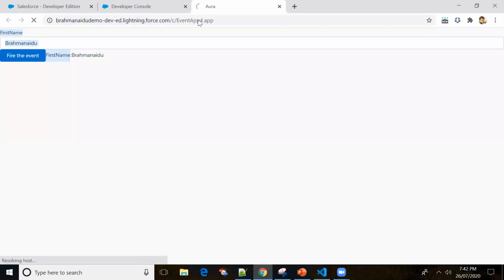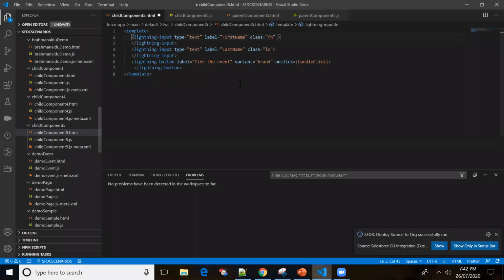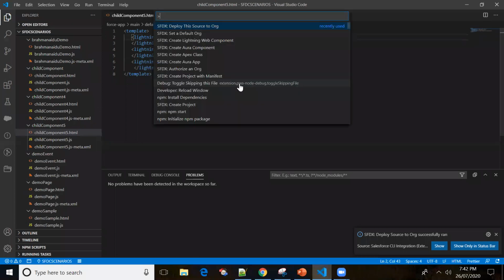I'll just reload this application since we made some changes to the application. Okay, so last name. Let me check why it is not coming up. So let me save and let me push this code to the source org.